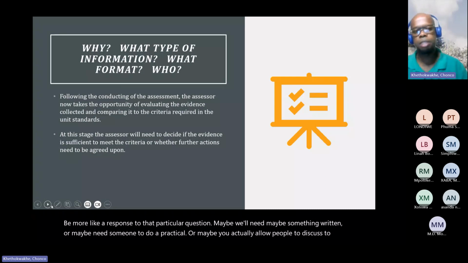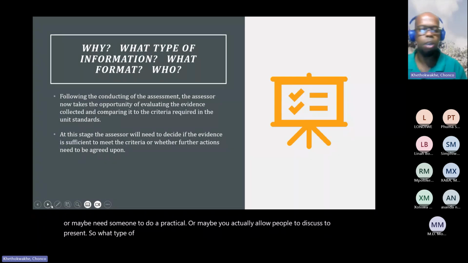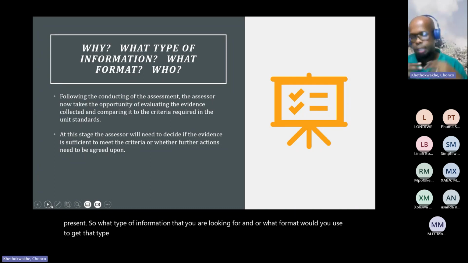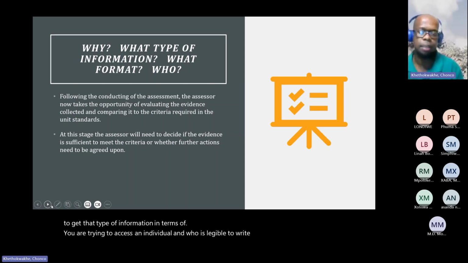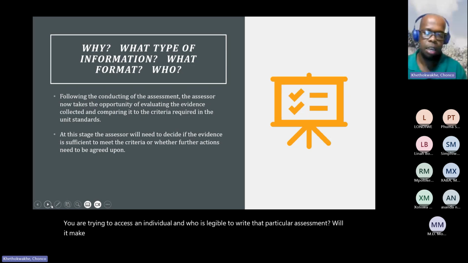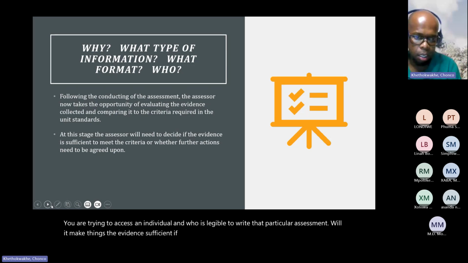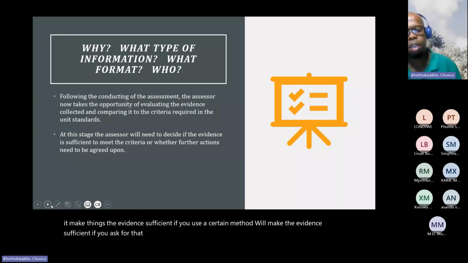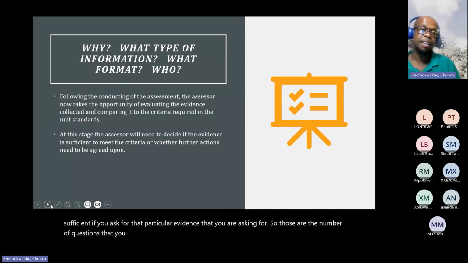So what type of information are you looking for, and what format would you use to get that type of information, in terms of assessing an individual and who is eligible to write that particular assessment? Will it make the evidence sufficient? If you use a certain method, will it make the evidence sufficient if you ask for that particular evidence? Those are the questions that you ask yourself, and then at the end,